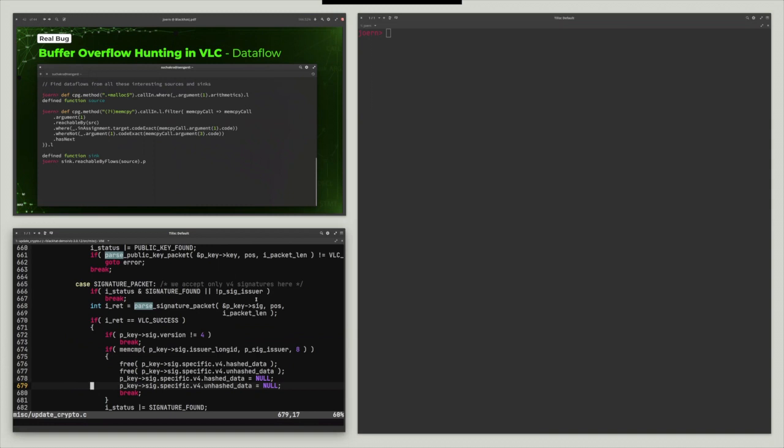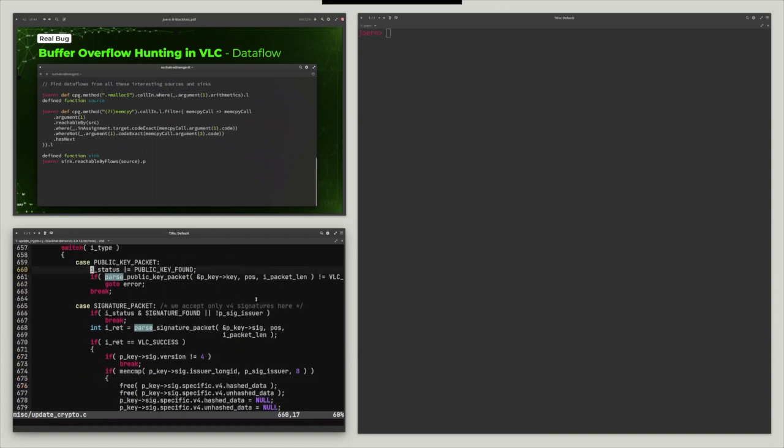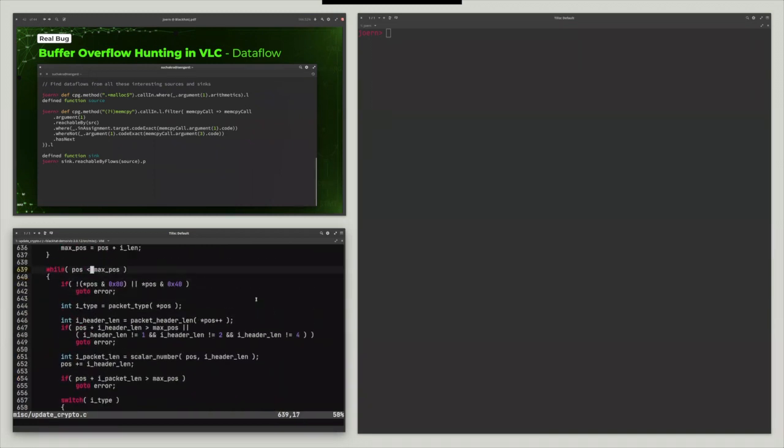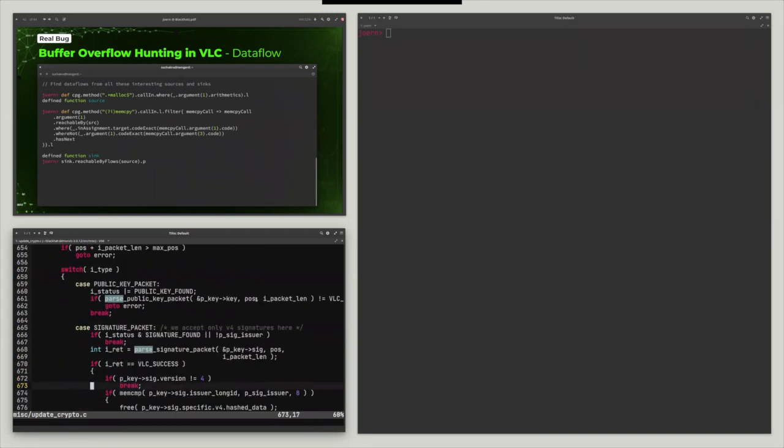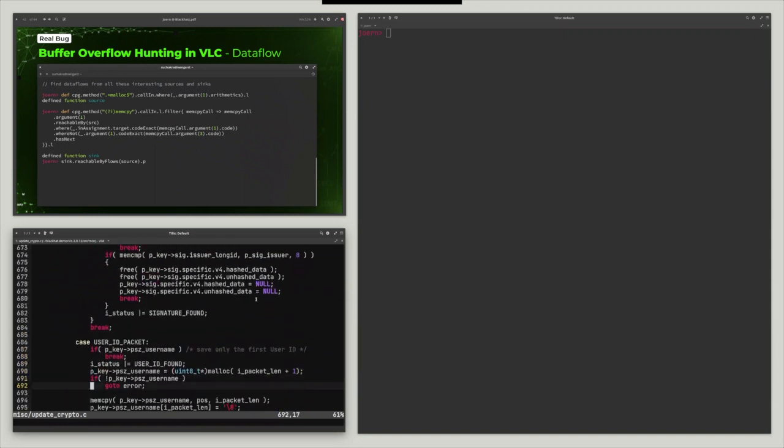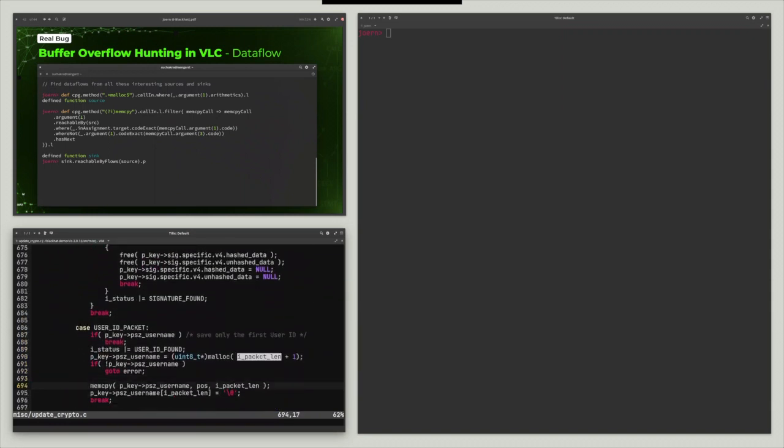So this file specifically is responsible for auto updates in VLC, and the value pos can be controlled by the attacker, and they can change the value in a manner that eventually the i_packet_len value is max size. And if you add to the max size, you have an overflow, and then you suddenly have a memcopy, and we had